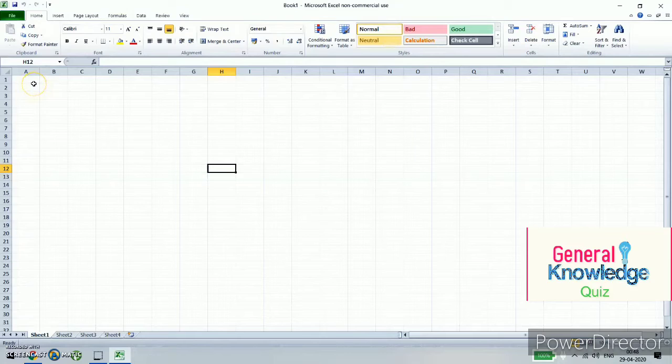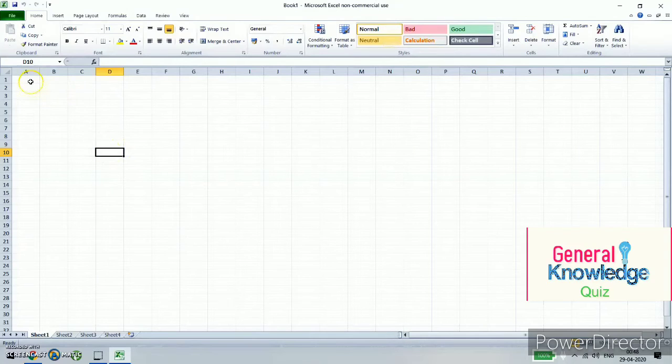Now I am going to come back somewhere here. So what is the address of my cell now? D10 means D column, 10th row. This way we are giving the address when we are moving this cell. We call this a cell address. You can say name box. By seeing the name box, you can come to know where your cell is placed.